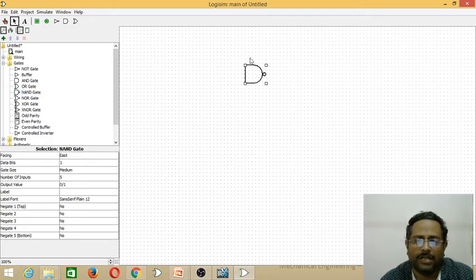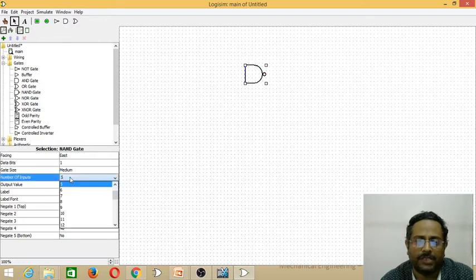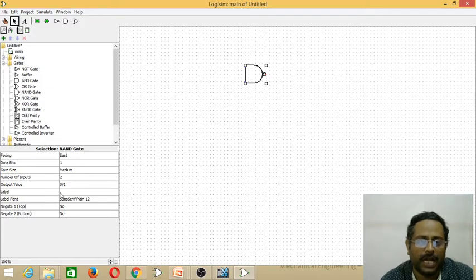All gates come with 5 inputs by default, but we require only 2. For that, we select the number of inputs as 2 in the gate attribute panel, which is available on the left side, and also increase the size of the gate to medium or wide by selecting it in the gate size tab in the attribute panel. This is a NAND gate.